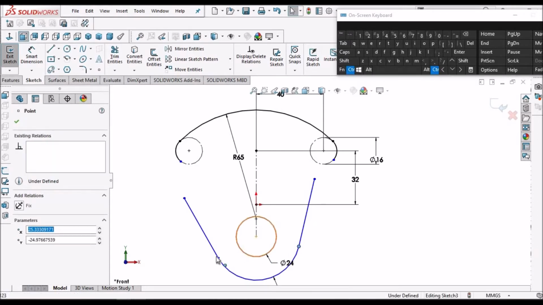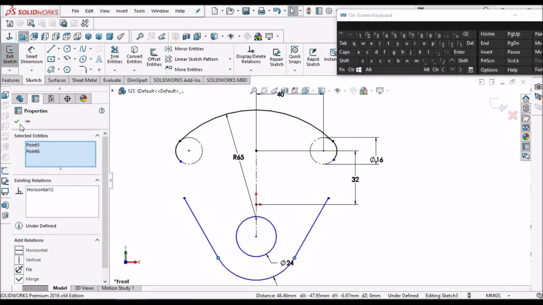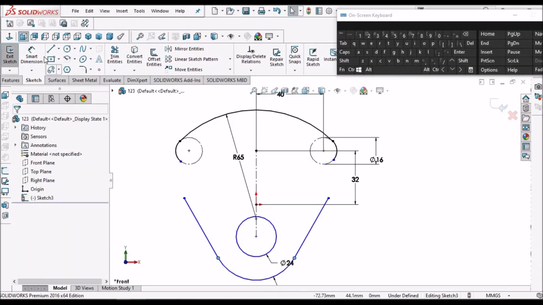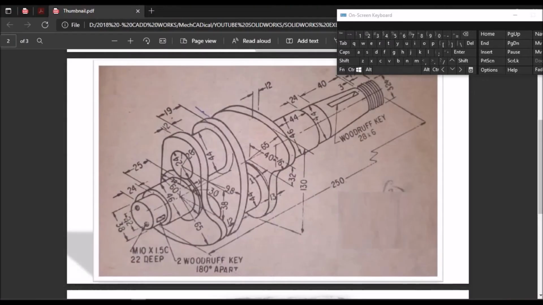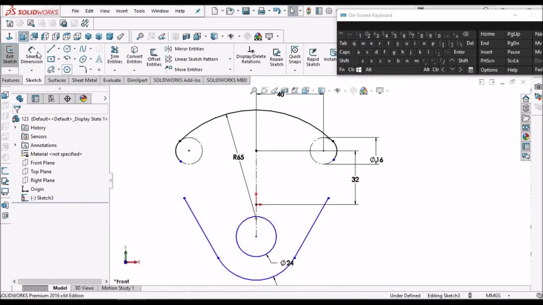And select this point and this point, make it horizontal. So distance is 30 as mentioned earlier.